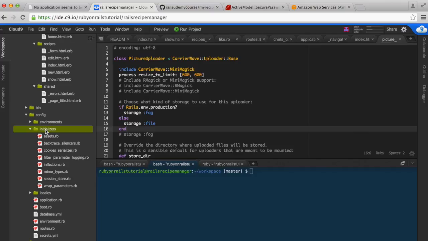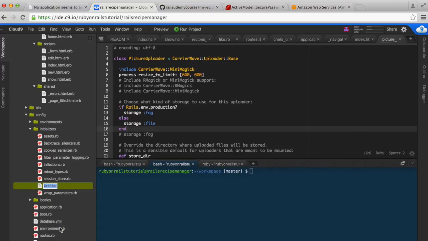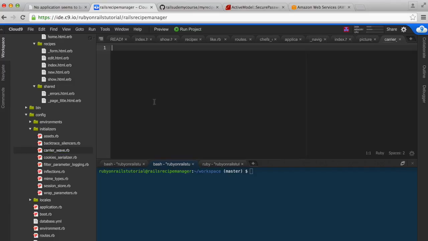Go ahead, right click on initializers, and then new file, call it carrier_wave.rb. And over here, if Rails.env.production,